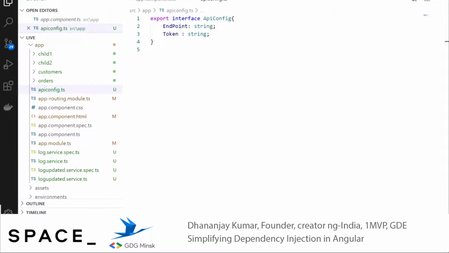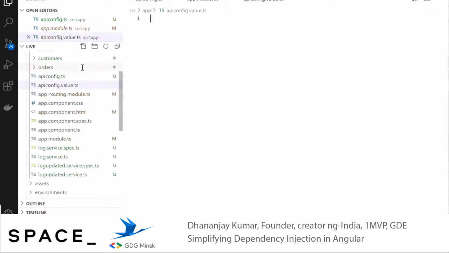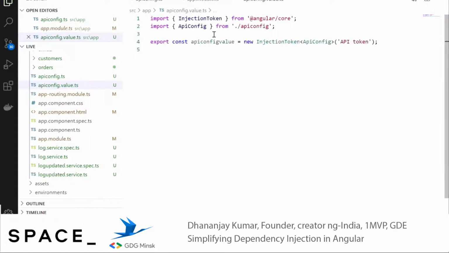For that, another thing we'll do right here is create api-config.module.ts, and here we are creating a token to read that API config. We are saying that our token name is API config value, and it returns an injection token for API config. We can provide this API config using useValue. Now, we are using that log service in various modules, and our requirement is that different modules should have different values for API config.